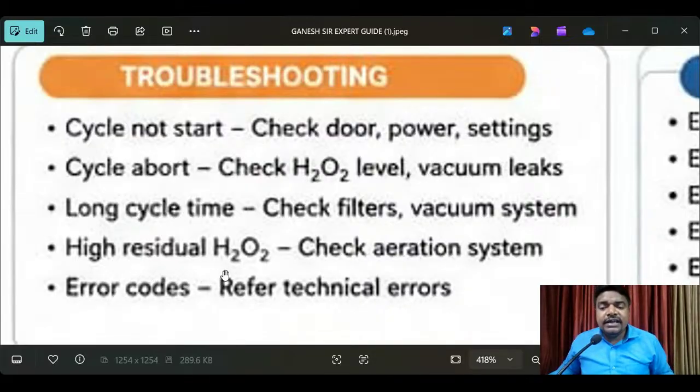High residual H2O2, hydrogen peroxide: check the aeration system, and error codes happen. See here, refer to technical errors. These are the first steps, step by step. Try to listen and try to learn,